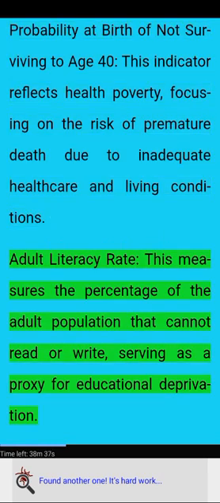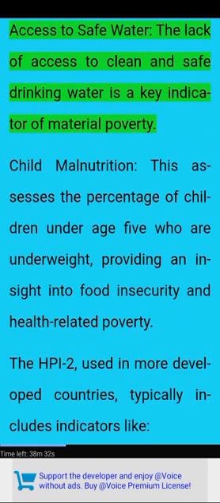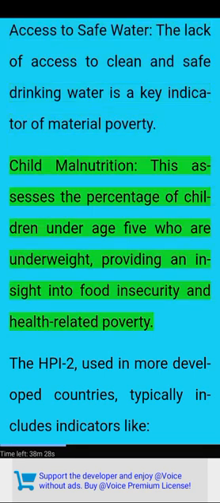Adult literacy rate. This measures the percentage of the adult population that cannot read or write, serving as a proxy for educational deprivation. Access to safe water. The lack of access to clean and safe drinking water is a key indicator of material poverty. Child malnutrition. This assesses the percentage of children under age 5 who are underweight, providing an insight into food insecurity